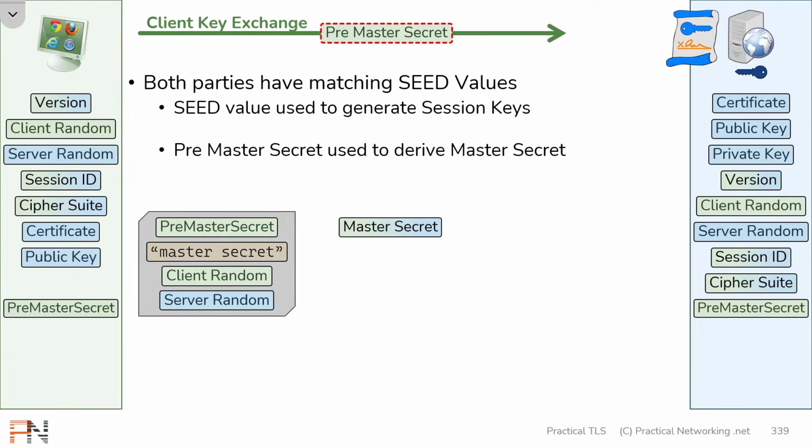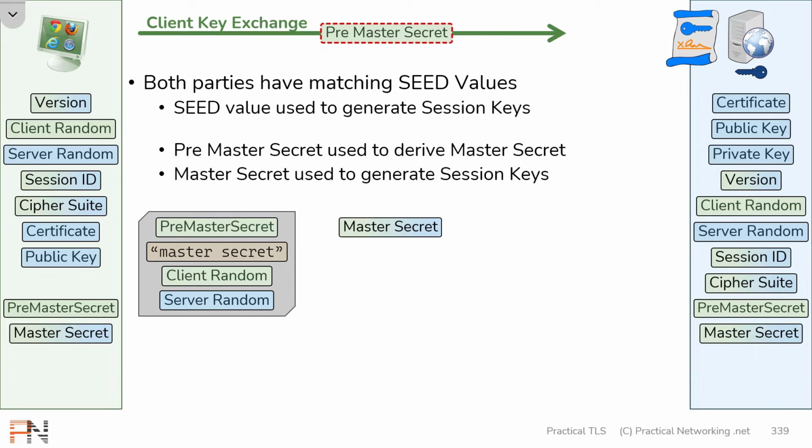Now notice that both parties have the necessary values to calculate this master secret. Both parties have the pre-master secret. Both parties know the string "master secret," it's public knowledge, it's in the RFCs, and then both parties have the client random and the server random, which means both the client and the server are able to put together the master secret. That master secret is then going to be used to generate session keys, and it's going to be